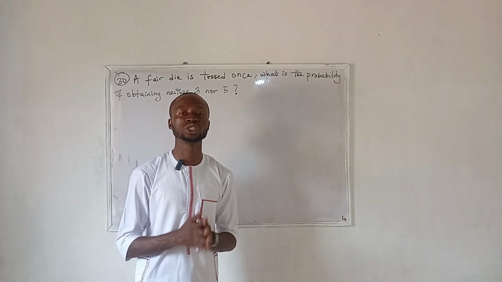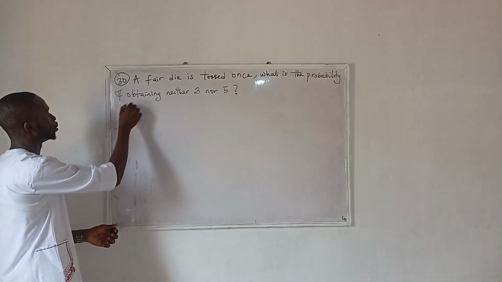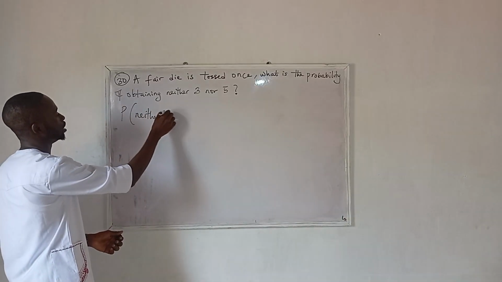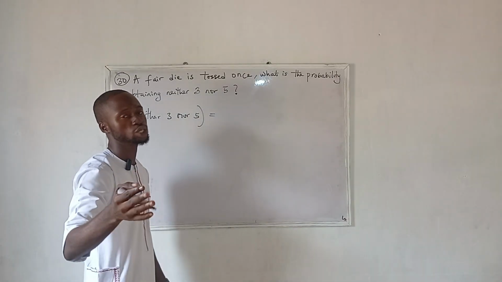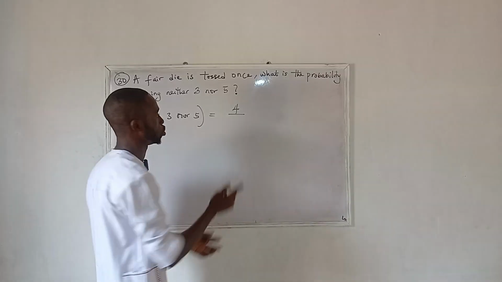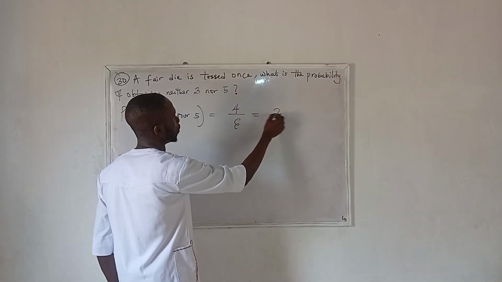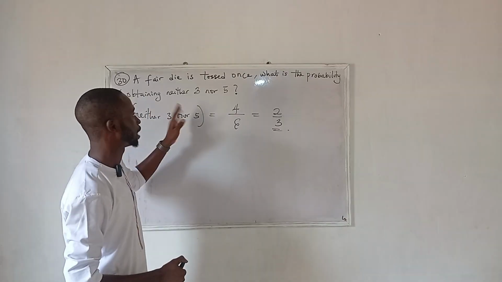So the formula for probability is number of required outcomes over number of possible outcomes. So probability of neither a 3 nor 5, since we are not tossing 3 or 5, the number of required outcomes will be 4. Then the total possible is what? 6. So if we divide this, our answer is what? 2 over 3 as the probability of tossing neither a 3